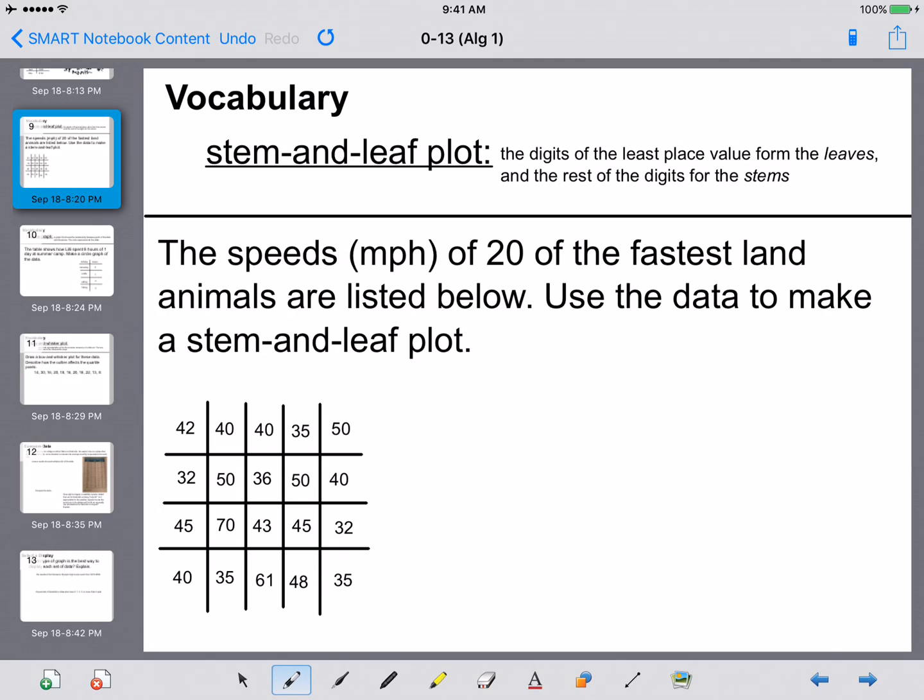Now we're on to the stem and leaf plot. So what a stem and leaf plot is, it's the digits of the leaf place value form the leaves, and the rest of the digits form the stems. So in this case here,